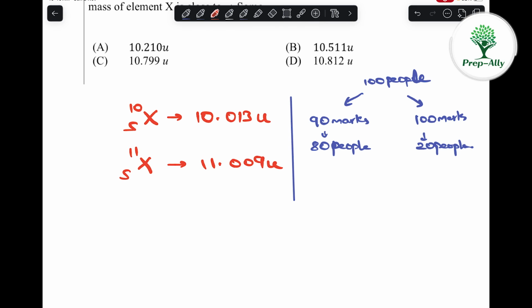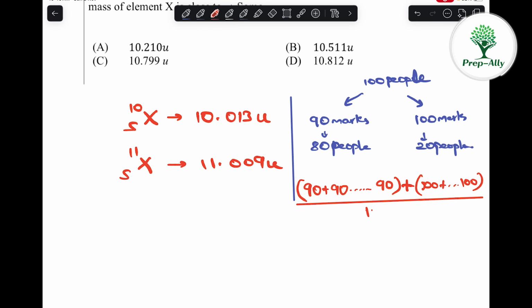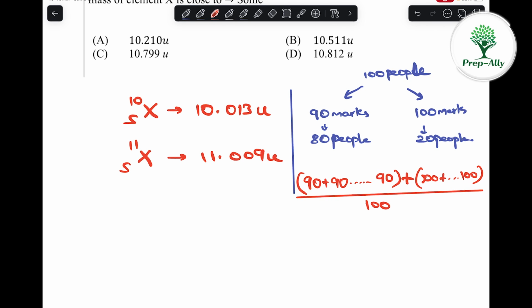How do you do it? You have to add all the marks, right? So you have to add all the 80 people's 90 marks, plus all the 20 people's 100 marks, and you have to divide it by the total number of students, that is nothing but 100. I can make it quite short here. I can write it like 80 into 90, because you are adding 90 80 times. Next I can do 20 into 100